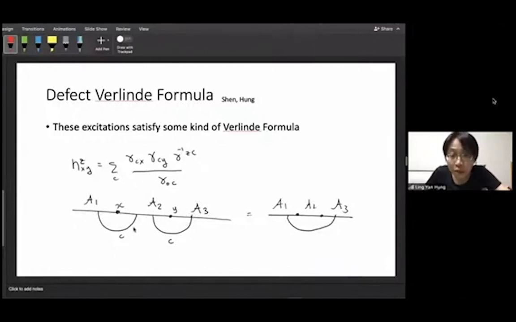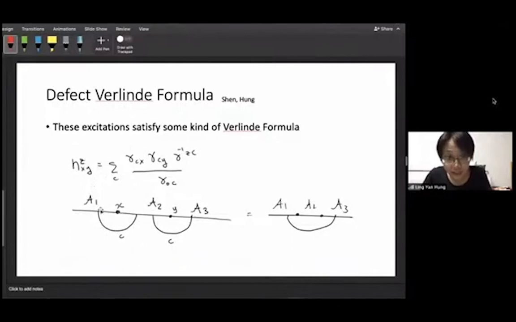But these two processes should be the same as if, instead of breaking this anyon line in A2, I leave it unbroken, and then just move C across it, and then fuse a string of A2 to a shorter and shorter segment until X and Y fuse together to give you Z. So if you consider these two processes to be equivalent, then you will find that